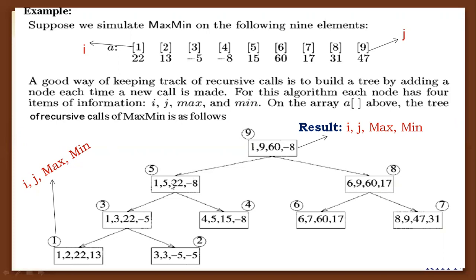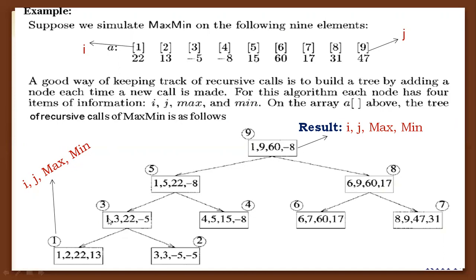And again, you can apply the division method to the given array of size 5. When you apply the division method to the given array of size 5, the array is split into two sub-arrays. One is the array of size 3 here, and the other is the array of size 5 here. 1 to 3 and 1 to 5. 4 to 5.